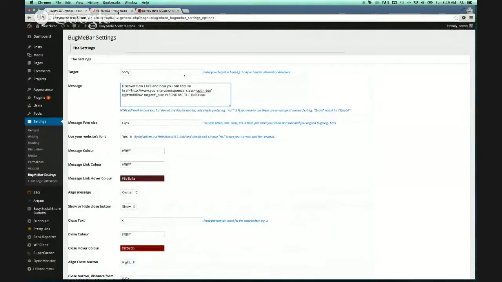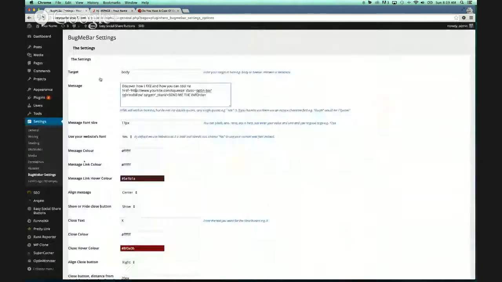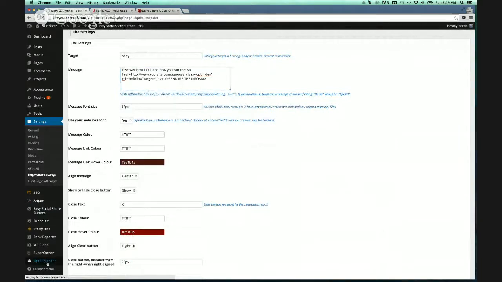The next thing I'll show you guys is how to do the pop-ups. You can configure it so that when you're about to click the back button, a pop-up will appear. And this plugin actually has a lot of other functionality as well. The plugin that we're looking for is OptinMonster. Okay, so if you go into OptinMonster,